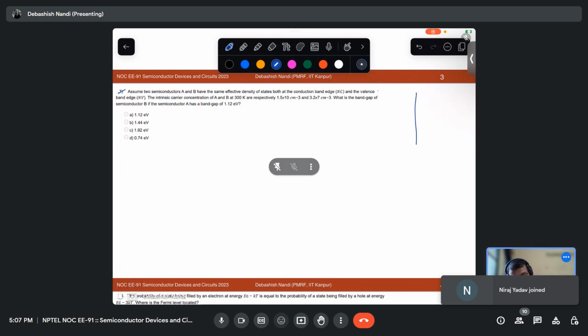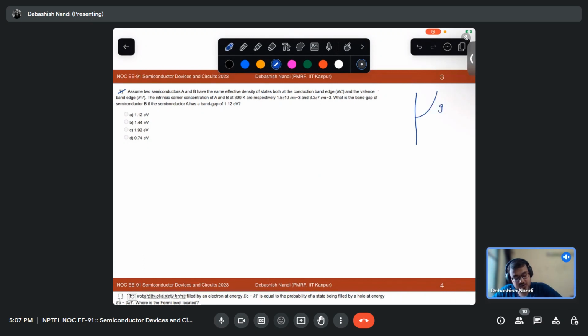I have discussed that g of E, the density of states, is proportional to root over E minus Ec. So if you put E equal to Ec, whatever the proportionality constant may be, g of Ec would be 0. But again, we consider here only the effective density of states, because when you multiply it with the Fermi function, this area gives you the total concentration of electrons. So this is very close to the conduction band edge. This thing you should not forget.